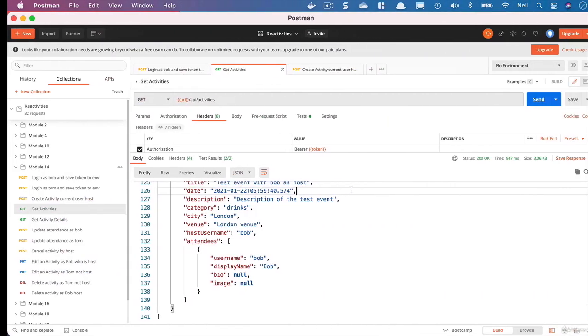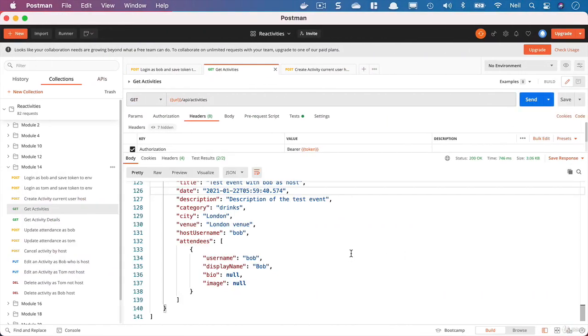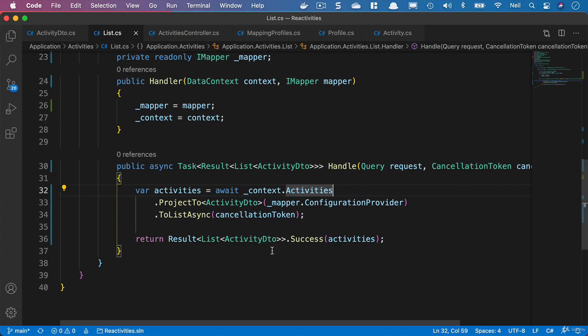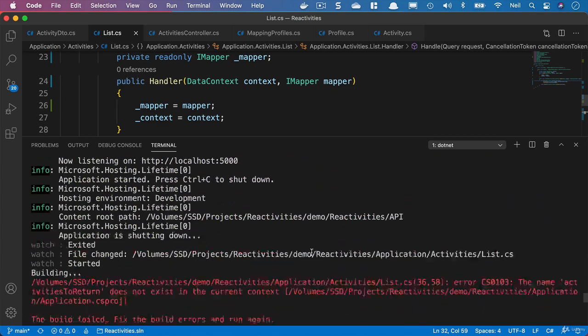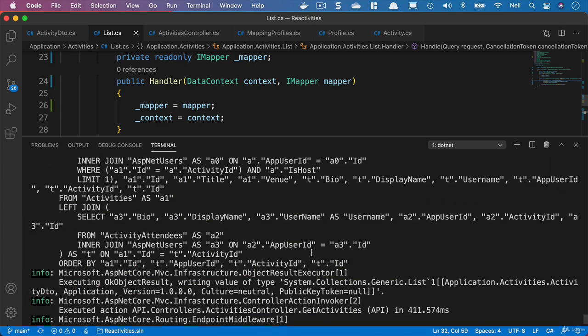So this is only any good if it actually works. So let's go back and test again in Postman. Make sure that we still get our list of activities. Make sure we still see the properties that we're interested in, and we do. But if we go and take a look at the query, and this is the old one, this big ghastly lots of noise going to our database as the SQL query. And if we scroll back down to the bottom and take a look at our new query,